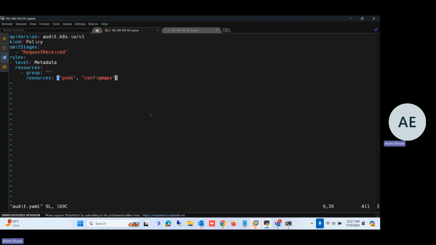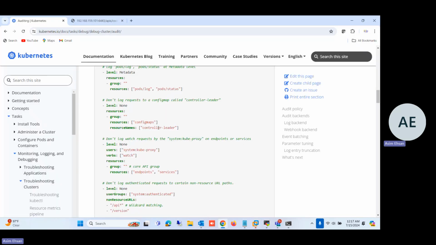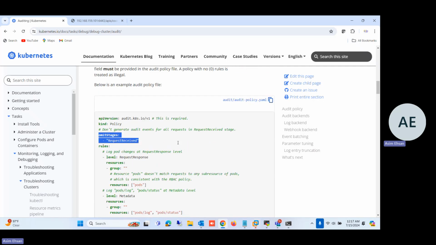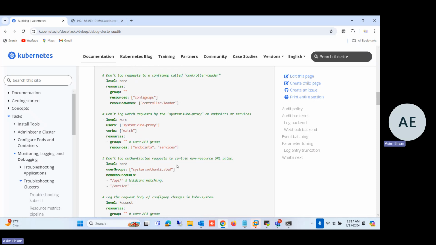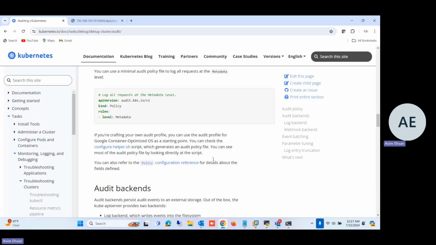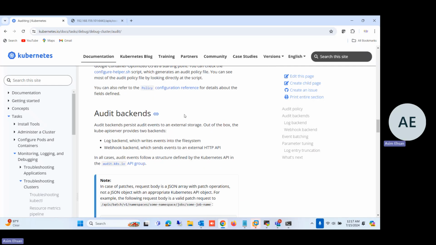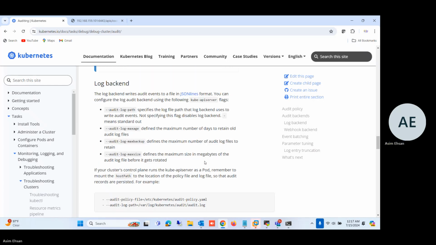Okay. And with a specific user, with a specific resource name. I mean, it depends on your requirement. I just gave you the idea how this is working. I just gave you the idea for the two resources, but you can generate your own custom policy. So we implemented this, and